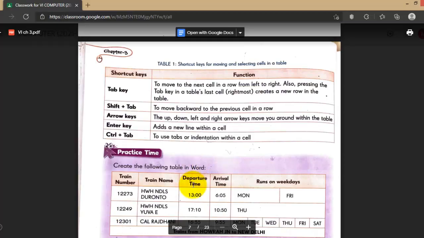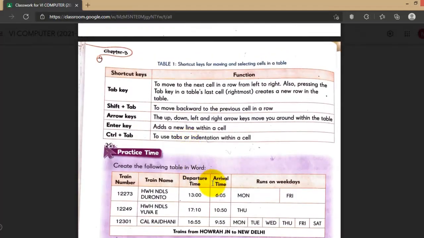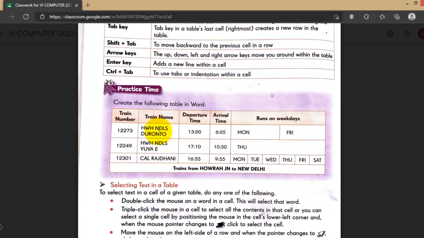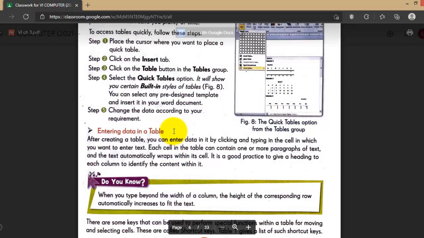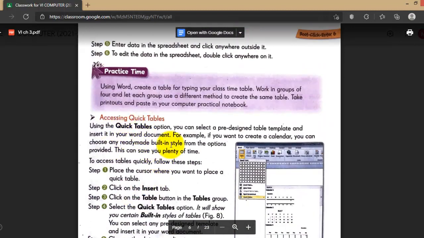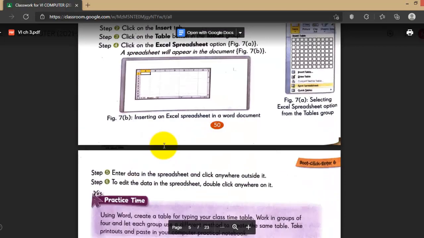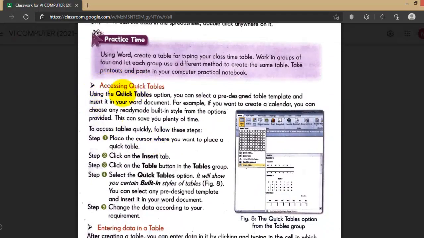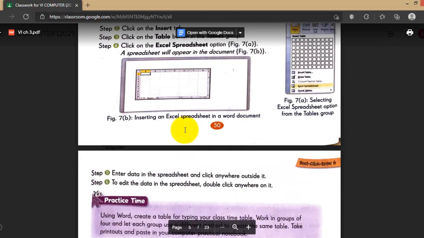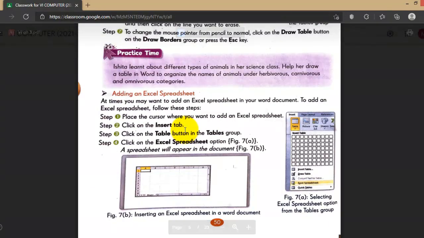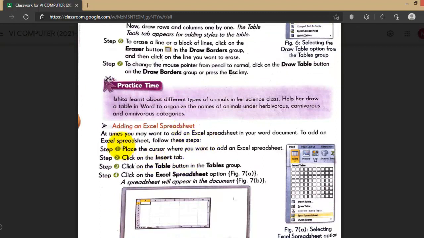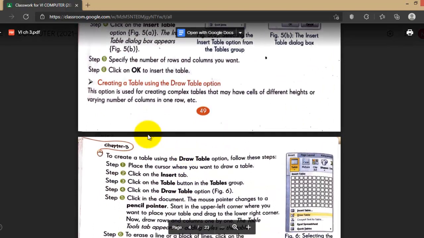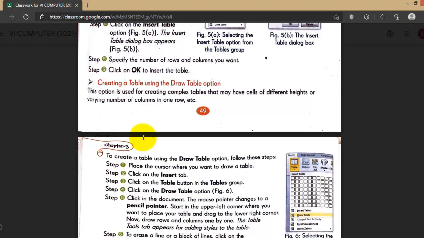So what we have learned till now: for creating data inside the table, we have started entering data, how to insert, and quick tables, not the quick access toolbar, but accessing quick tables, the pre-designed ones. You can create a table very fast and easily with the designed one, and adding an Excel spreadsheet in MS Word, and we can do some calculation in MS Word also. If somebody asks whether we can do any calculation in MS Word, yes we can, by creating a spreadsheet in MS Word,